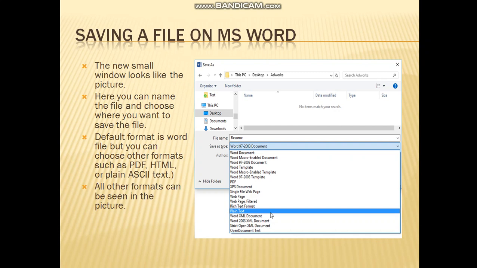There are many formats in which you can save your file. For example, PDF, HTML, ASCII text, Word template, and there are many other options which you can view in your picture.